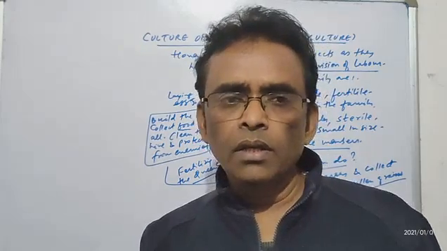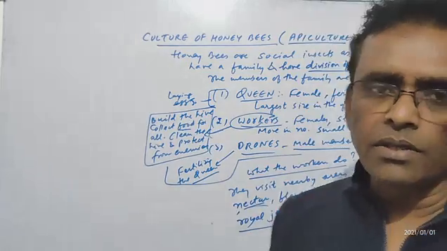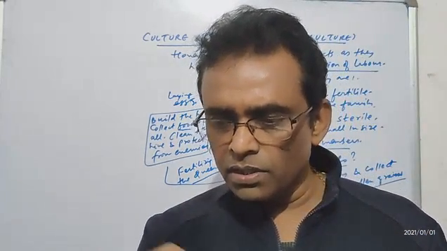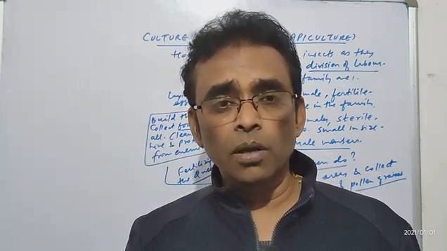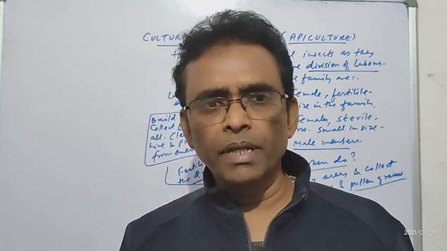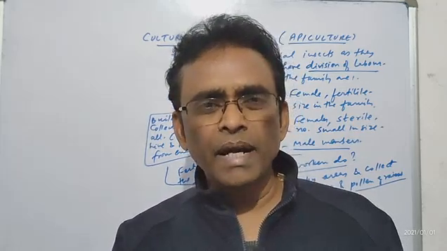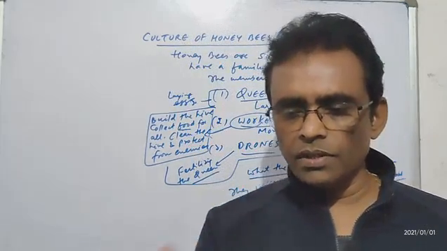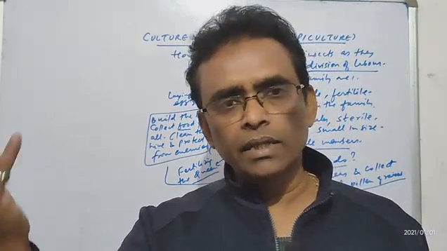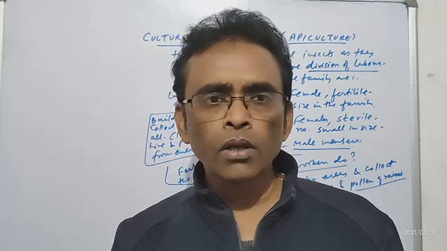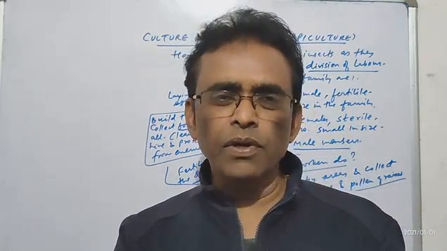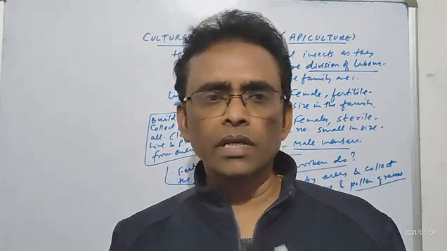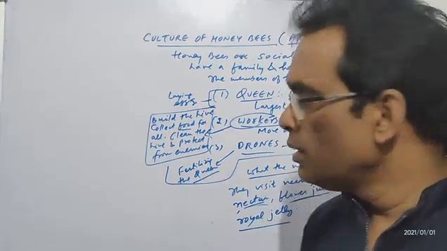Is that clear? So what is the chance that when a honeybee worker reaches the flower, there are many more insects. There are birds also, hummingbirds. So there are a lot of competitors who visit the flowers. It might have happened that when this honeybee reaches the flower, someone might have come and collected the royal jelly. So chance of getting royal jelly is least, but getting the nectar or flower juice or pollen grain is continuous process. Is that clear?